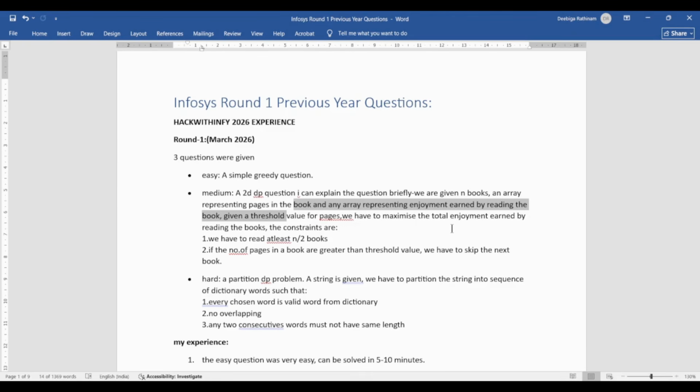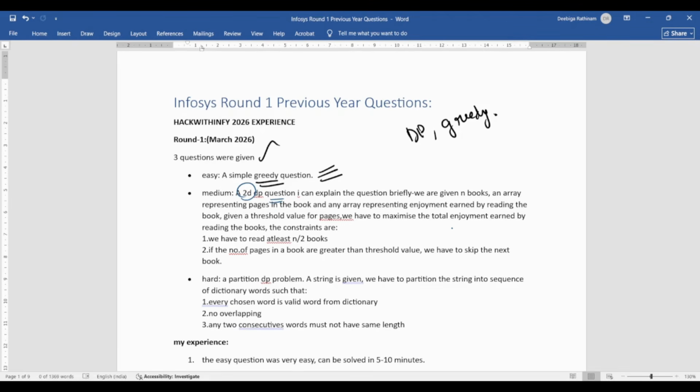So let's see this round 1 experience. So what's happening here? Easy question is a simple greedy question. So I already told you, focus on DP, greedy, very important. And a medium question that they have covered is a two-dimensional DP question.